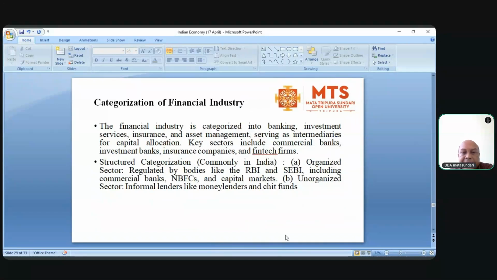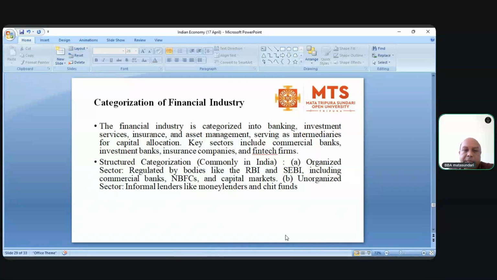Category of financial industries. When you say financial industries, we can classify financial industries basically in two ways: organized sector and unorganized sector. It means organized financial industry and unorganized financial industrial sector. Organized financial industrial sectors are basically controlled by the government, controlled by the RBI, SEBI, and